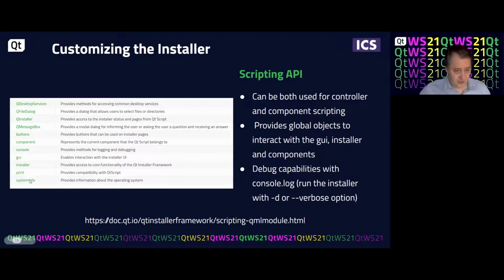You have access to the system info. So, on what OS am I? I really encourage you to go through this API. I also have to say that there are a ton of examples. So if you go through the